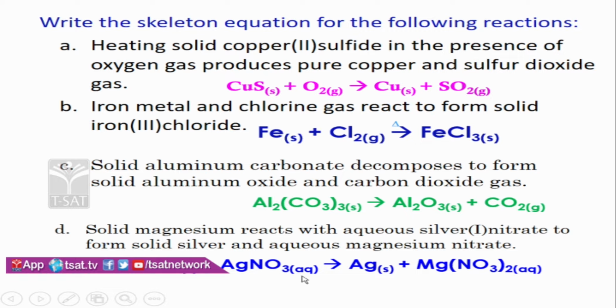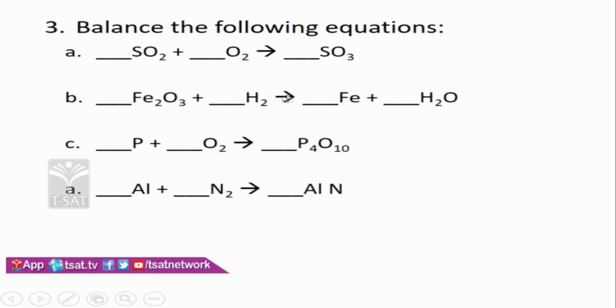Here magnesium and silver nitrate, you will get silver as precipitation and magnesium nitrate in aqua solution you will get salt solution. So, to balance those equations, so this is second variety. In the first variety you will be asked the products, what are the products. In other variety you may be asked to balance the equations.